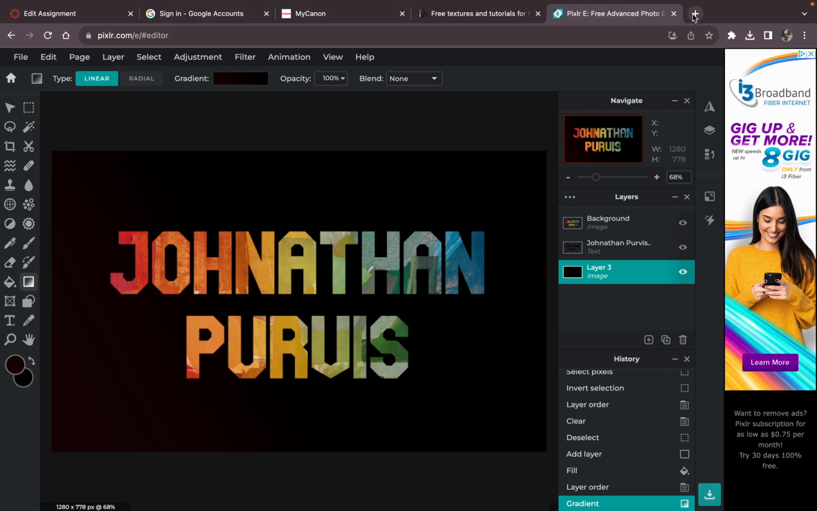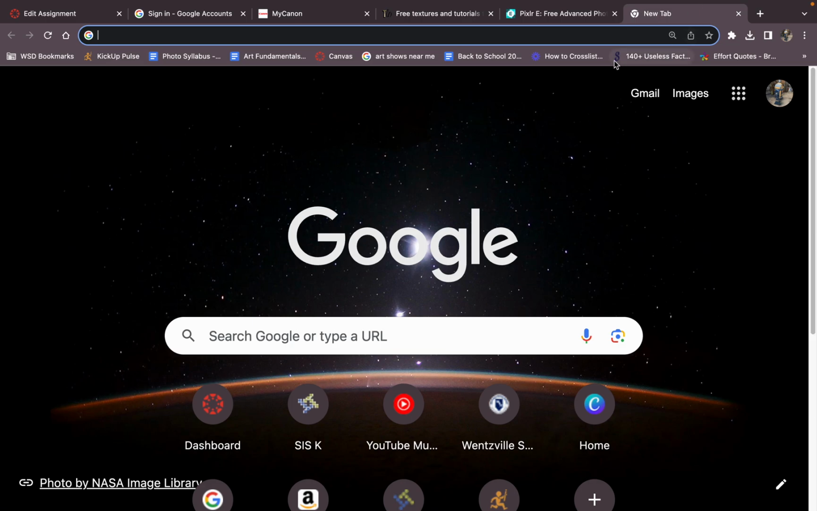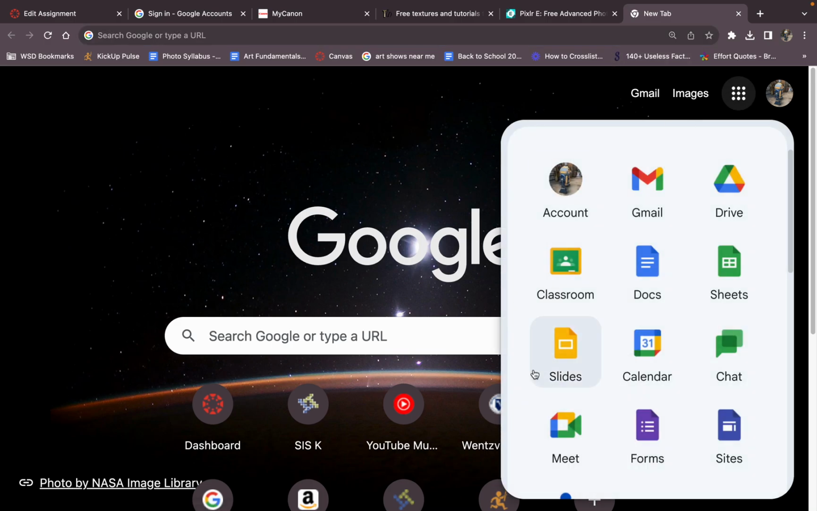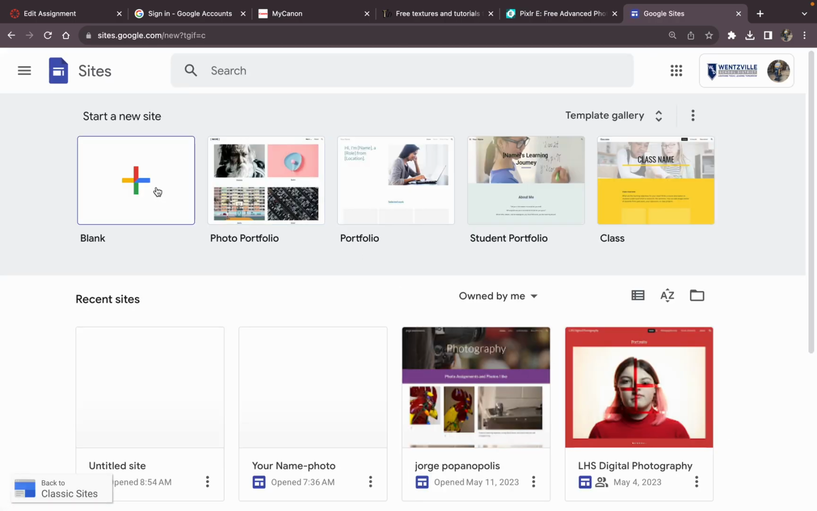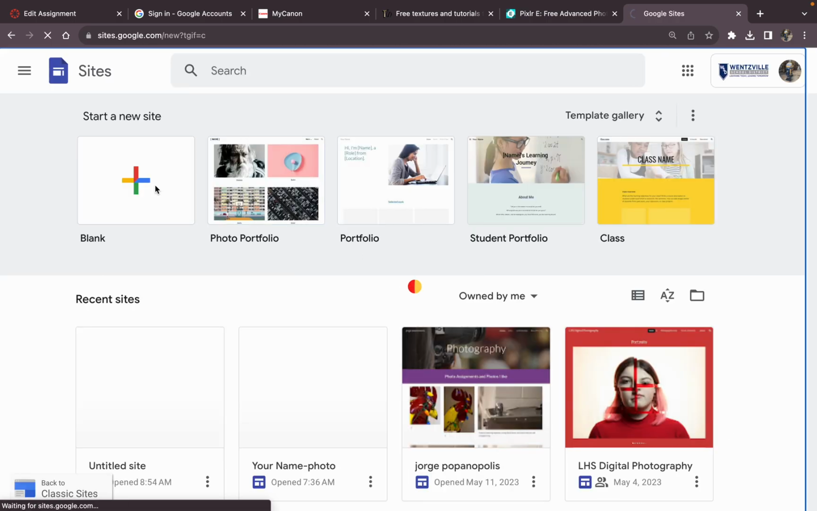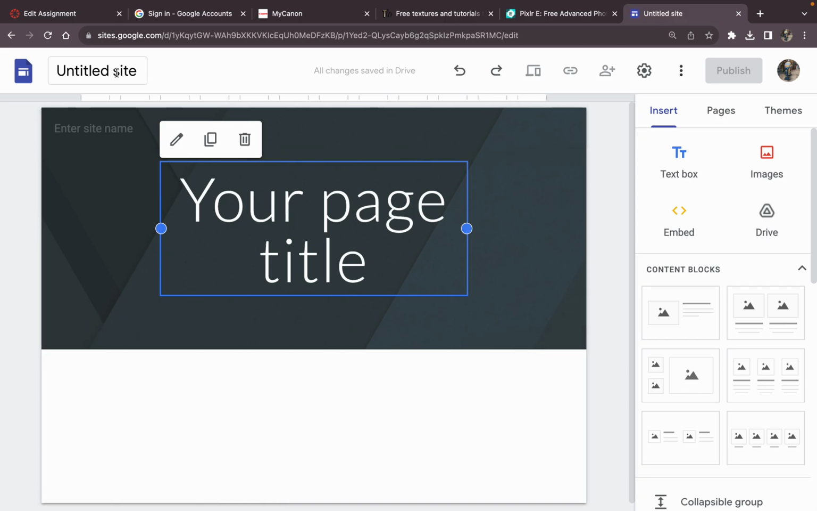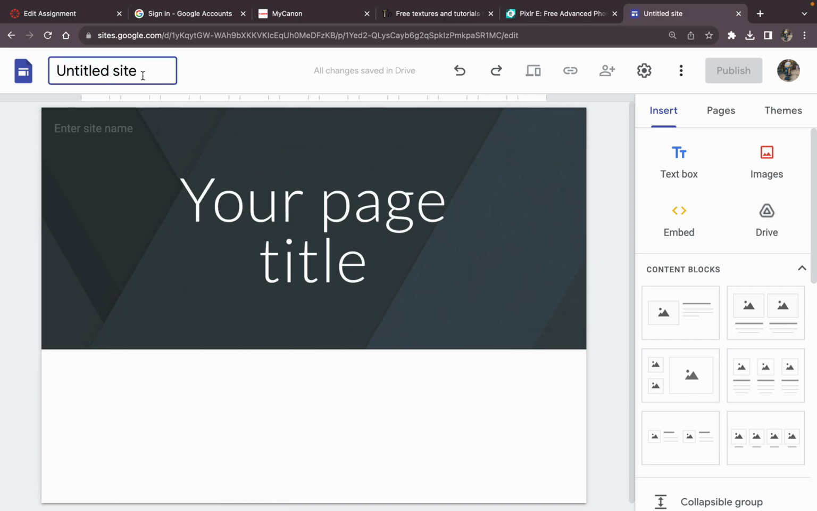Now I'm going to go to my website and build it. So I'm going to go to Google Sites. You can type in Google Sites, or you can go to the Waffle, and it's right here in the Waffle if you have been to Sites before. If you haven't been to Sites before, it won't show up here. Once you have done so, it will show up in your Waffle. So go ahead and click Sites, blank, title the site your name,